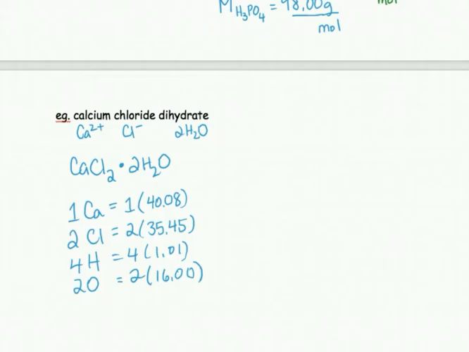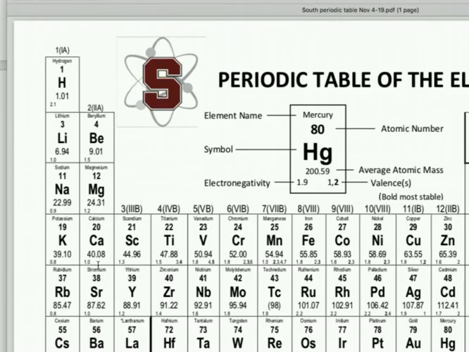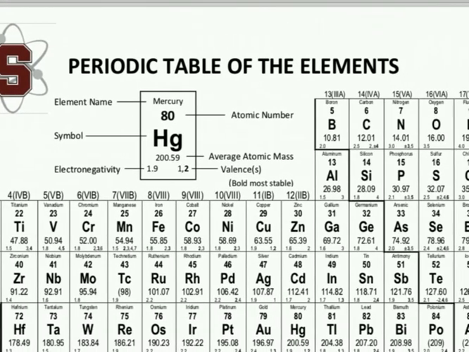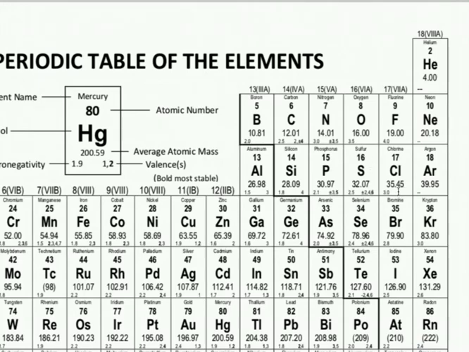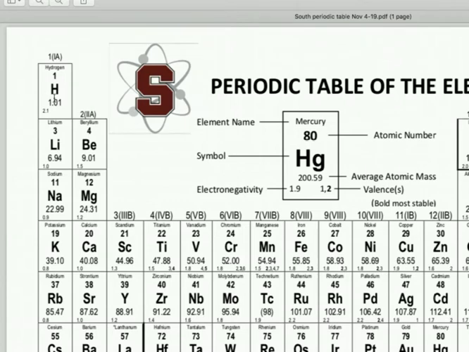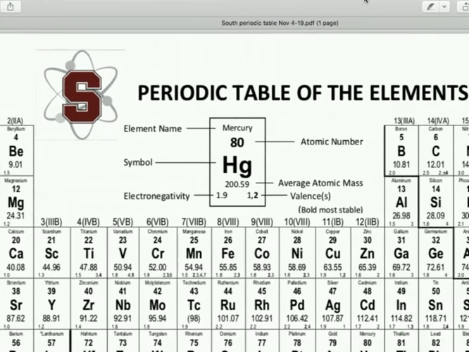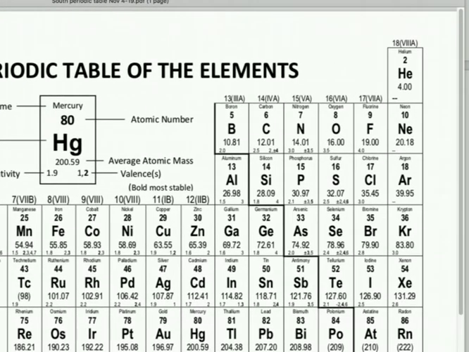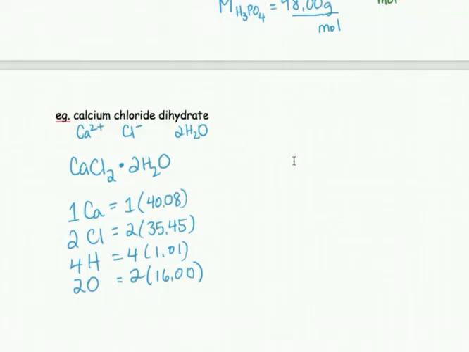let's just go to the periodic table. Okay, so calcium is 40.08. Chlorine there is 35.45. Okay, hydrogen's out there. You'll start actually memorizing these because you use them so much. And oxygen 16, right? We've used oxygen a few times already. So, all right, let's calculate these out. So we will get